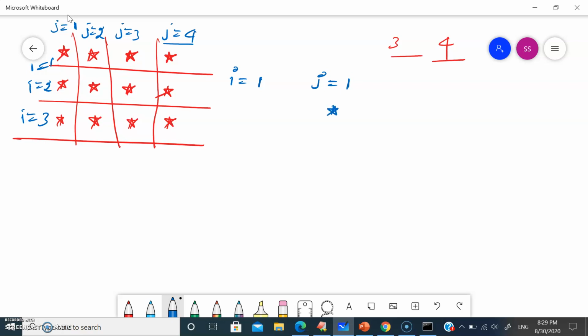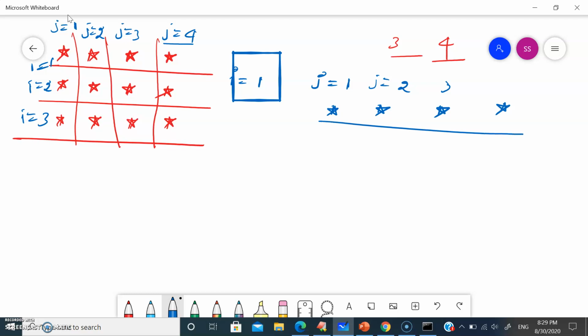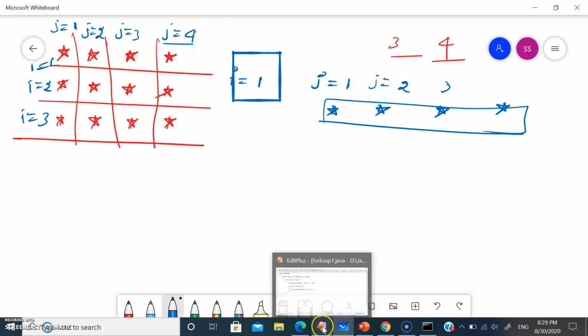When i is 1, j became 2, we print a star. i is 1, j became 3, star. i is 1, j became 4. Similarly, like your nested for loop, i is going to be constant until it prints the j value 4 times, and we want to print the stars on the same line. So we are going to use System.out.print to print the stars on the same line.